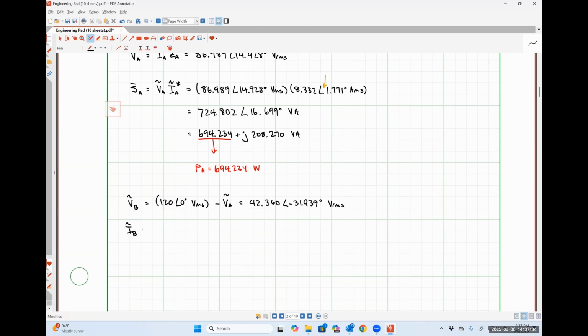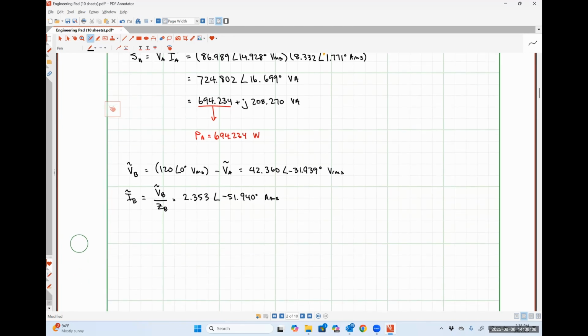And then IB is just going to be VB divided by ZB, which I got to be 2.353 with an angle of negative 51.940 degrees amps RMS. So from here,